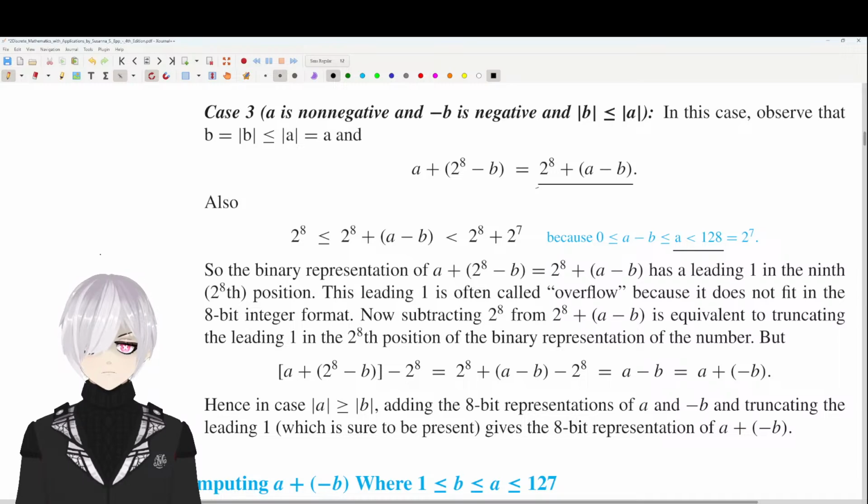Oh yeah, they showed that it's greater than or equal to 2 to the eighth, but it's less than 2 to the eighth plus 2 to the seventh. So 2 to the eighth plus 2 to the seventh, that's